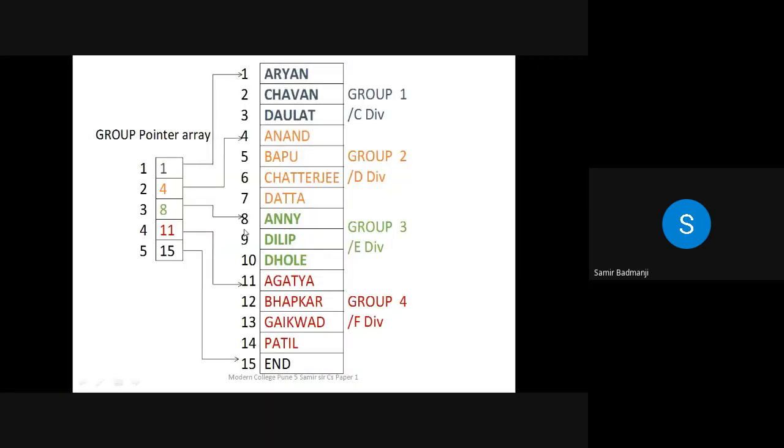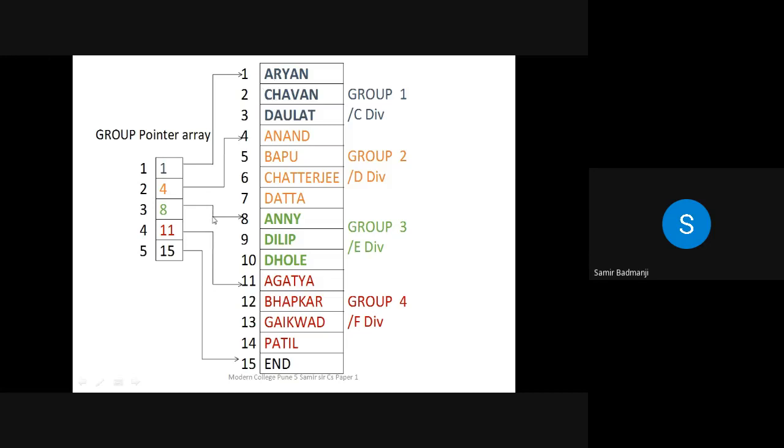Okay, so like this, two different arrays are there. One is called student array, in which all the names of the students of each division are entered consecutively, according to alphabetical order. Whereas in the pointer array, which consists of nothing but pointers, I am just storing the address of the first student. Suppose roll number 1 is there in C division. The address of that location I am storing in the first position. In the second, the address of the first of D division I am storing here, then E and F. And finally, the last location indicates that this is the end of that array.